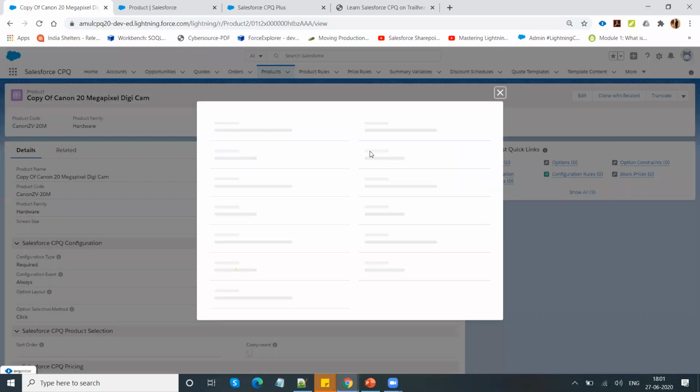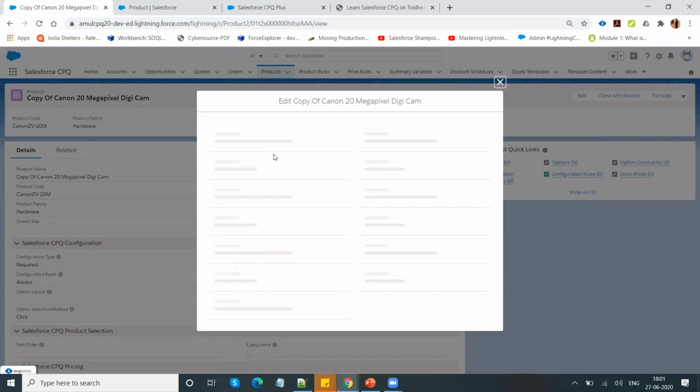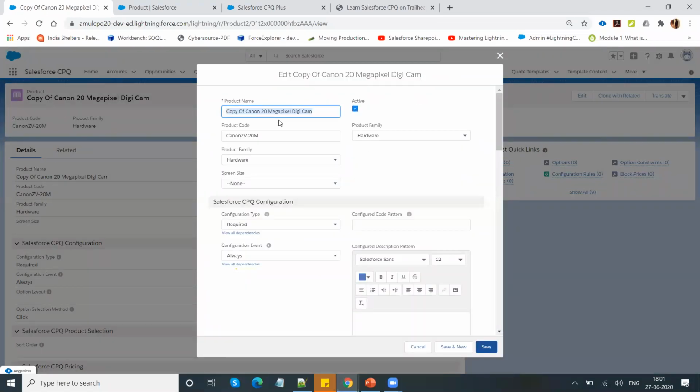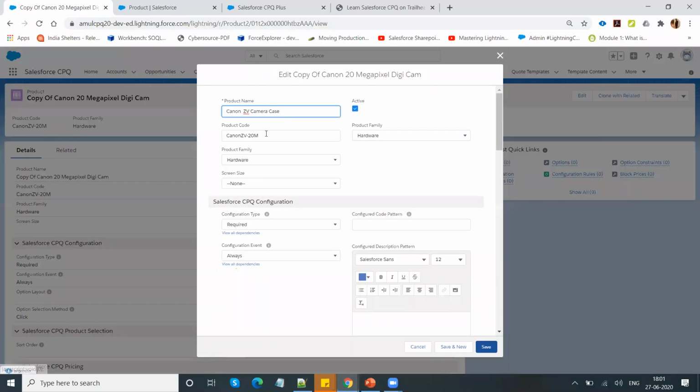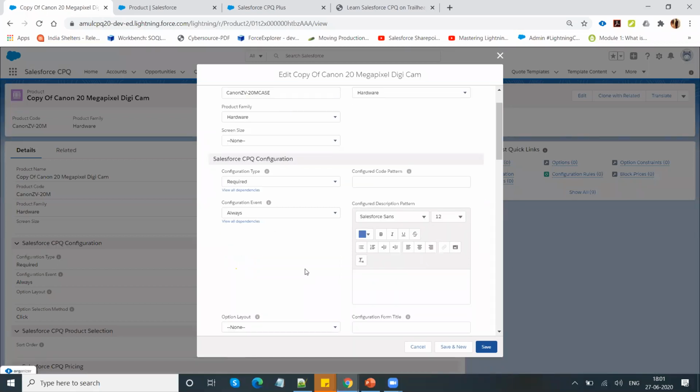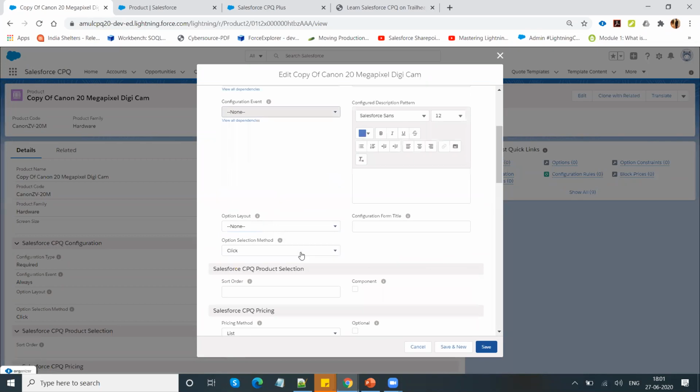Let me create another product called camera case. Let me change the name of my product quickly. This is my product code. Again, configuration is not required because it's an item that is going to be clubbed in my bundle product.